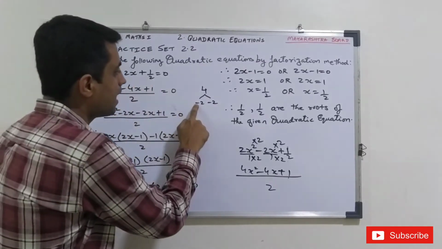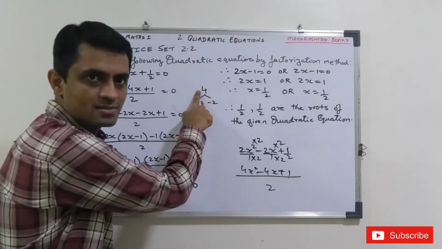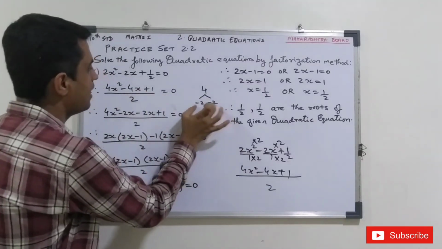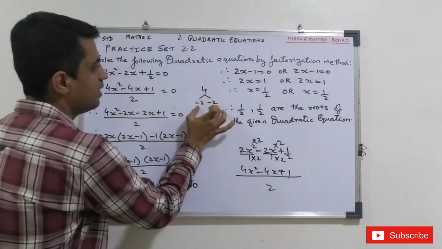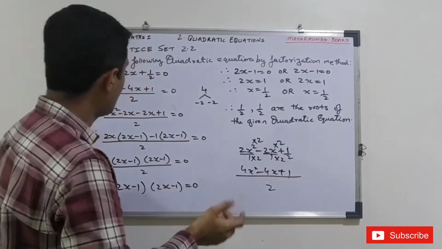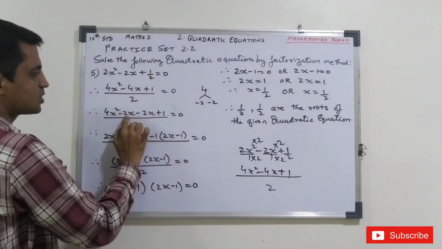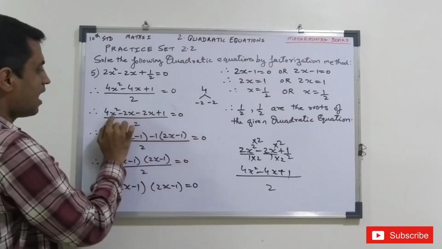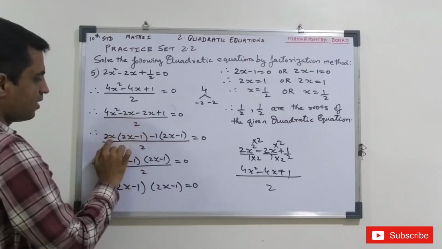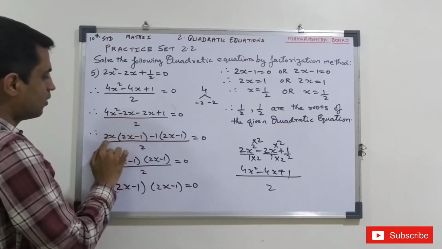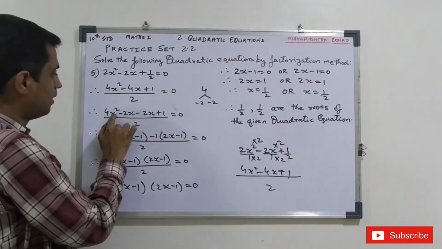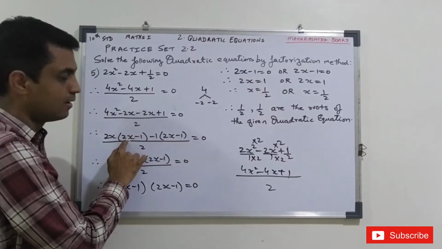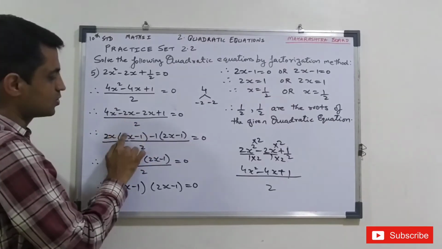Because minus 2 and minus 2 will give you minus 4 on adding. Correct? Minus into minus is plus. 2 2s are 4. So both the conditions are satisfied. When you add, you get minus 4. When you multiply, you get plus 4. Afterward, same method, we write minus 2x, other things remain the same, upon 2 is equal to 0. After this, from here, take the lowest power of x common. 4 and 2 will go in the 2 table, so 2 common. From 4x square, x will be there, 4 divided by 2, 2 will be there. Minus 2x has gone out, so what will remain?